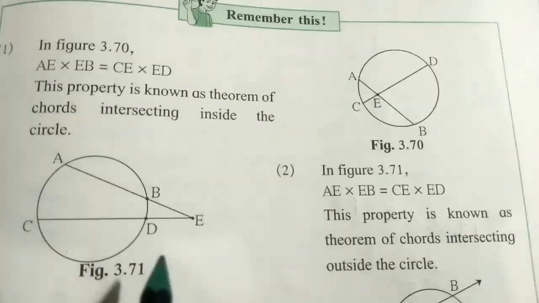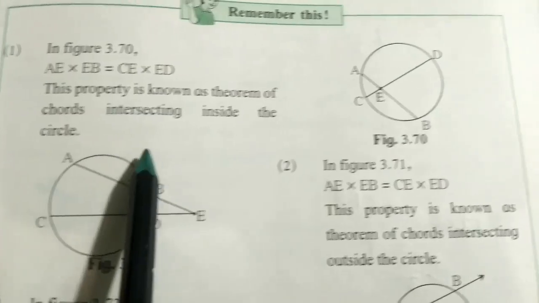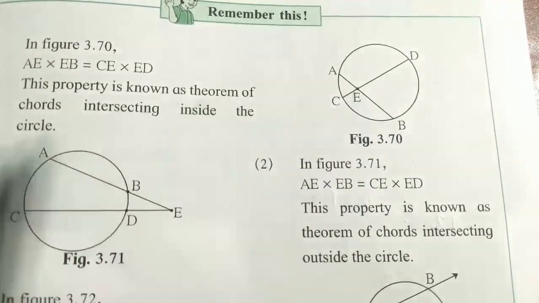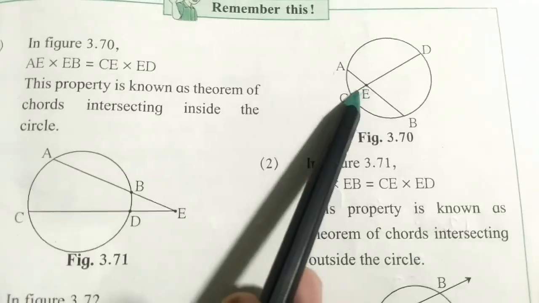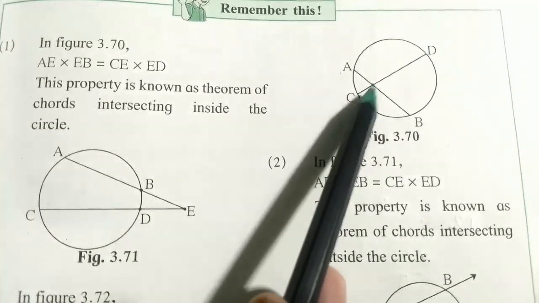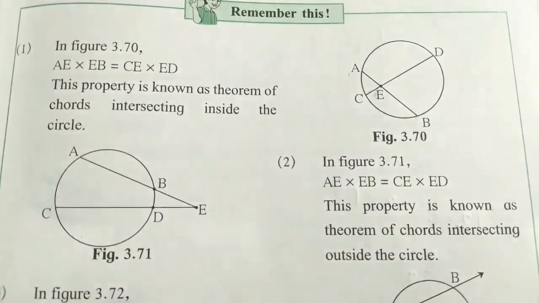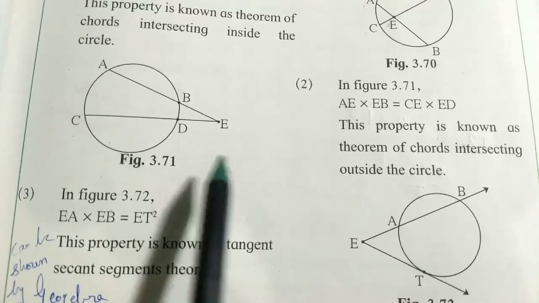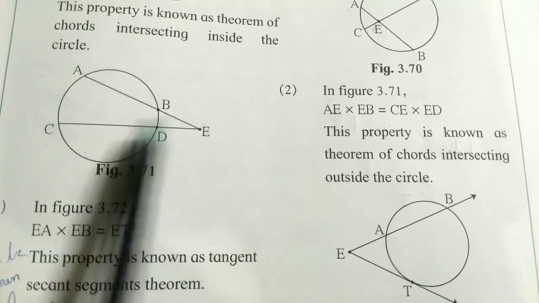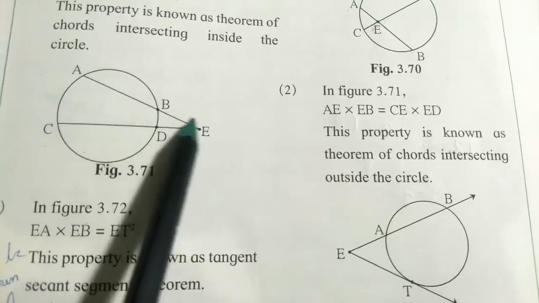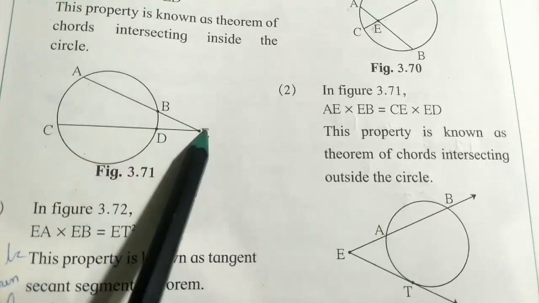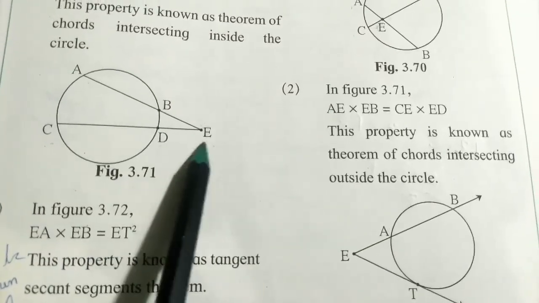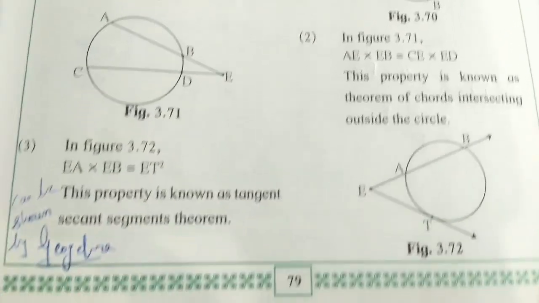In case of inside the circle, you can see chord AB and CD intersect internally at point E. So AE times EB equals CE times ED. In case of intersecting chords outside the circle, you can see AE times EB equals CE times ED. And the third one is